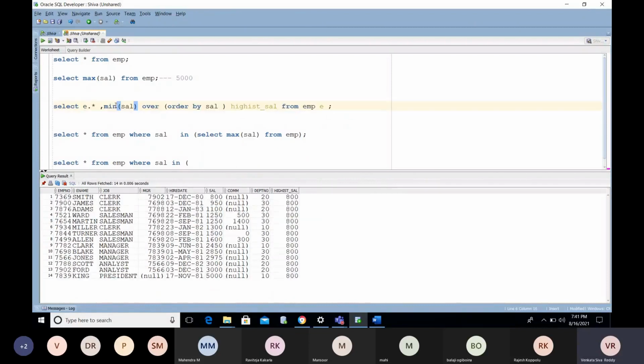Got it? Okay. So now you are getting the whole table for all the records. You are trying to find the minimum or maximum salary. If you want to bifurcate the data department wise, now I need to find out department wise what is the minimum salary, who is getting that minimum salary, which employee is getting the minimum salary. These are all things I need to find out. Now how can I make it like a